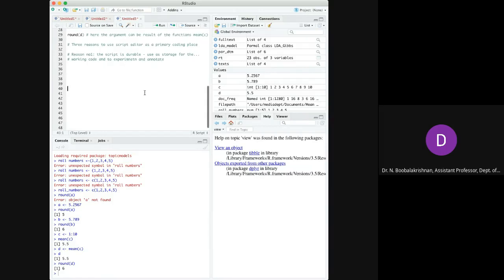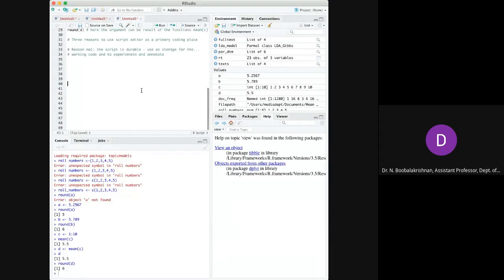Reason two is executing code. It's very easy to execute the script in the script editor. All you need is to remember control or command plus return, which executes a code statement.